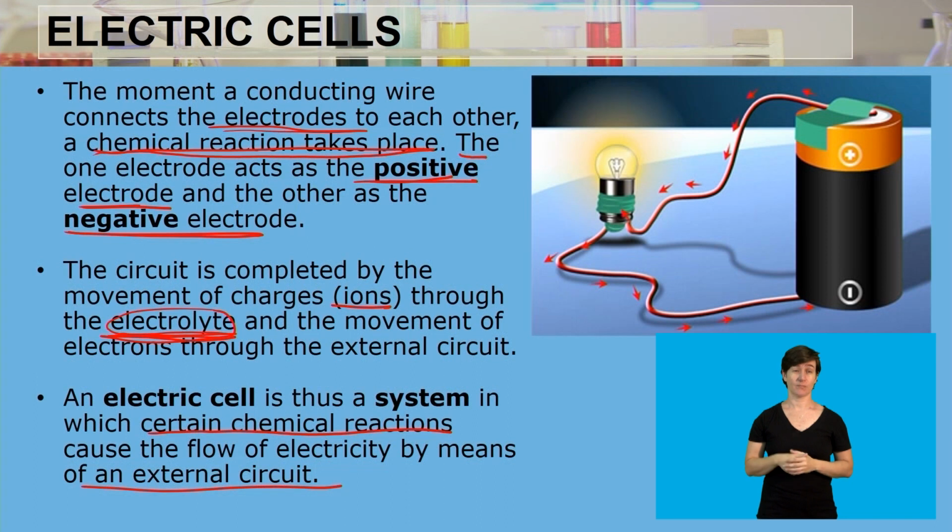With that, we are saying that one of the two electrodes will be more negative and the other electrode will be more positive, because remember, at the beginning of the reaction there is an equal number of protons and an equal number of electrons on each electrode. Once one electrode loses electrons to the other electrode, the electrode that has lost electrons will be more positive, and the one that gains the electrons will be more negative. Because of that, there is then going to be a flow of charges through the electrolyte, and electrons moving from one electrode through the wire, through the external circuit,